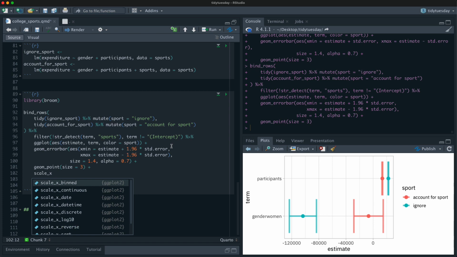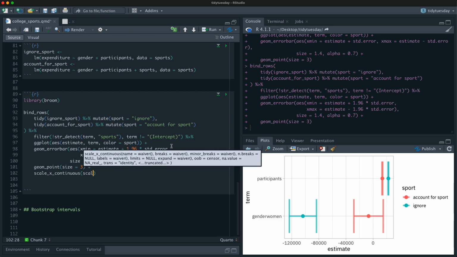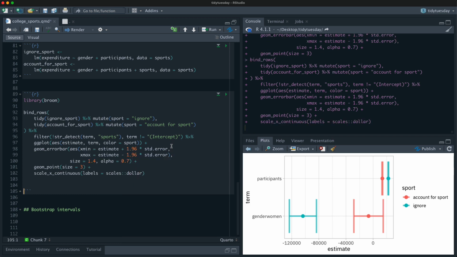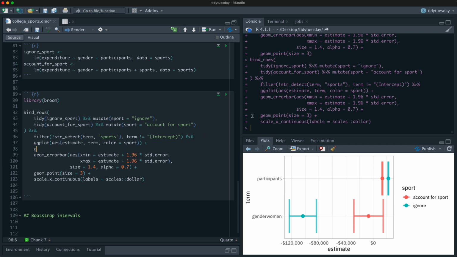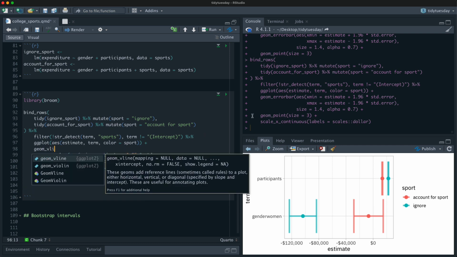On the x-axis, this is again dollars. Scales equal, no, what am I doing? Okay, labels equals scales dollar, like that. Let's add a 0 line, a vertical line.